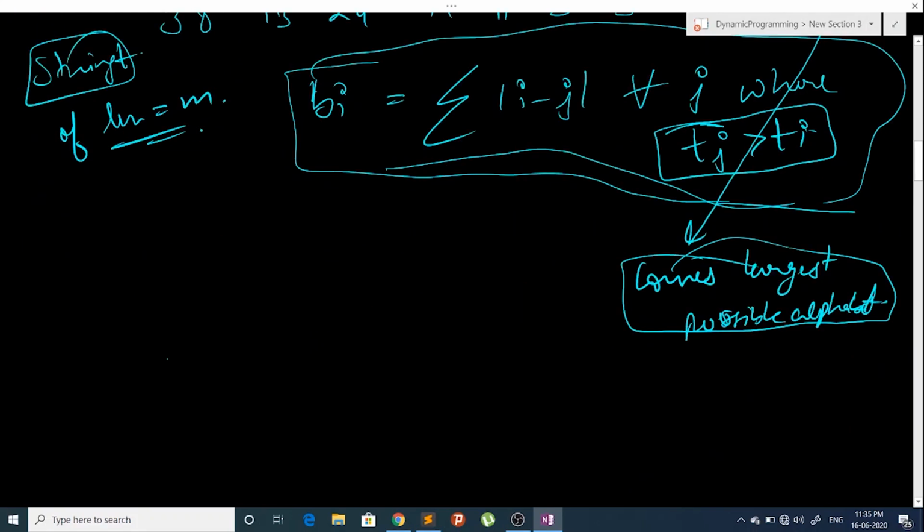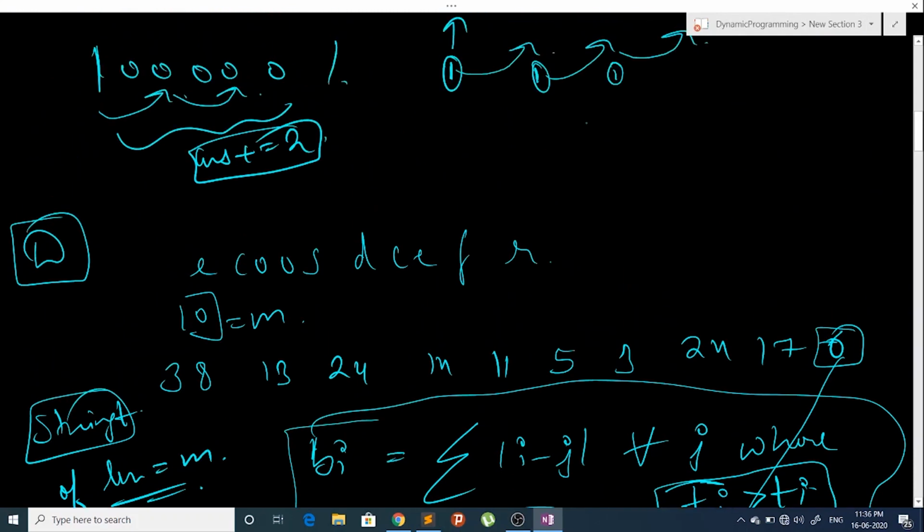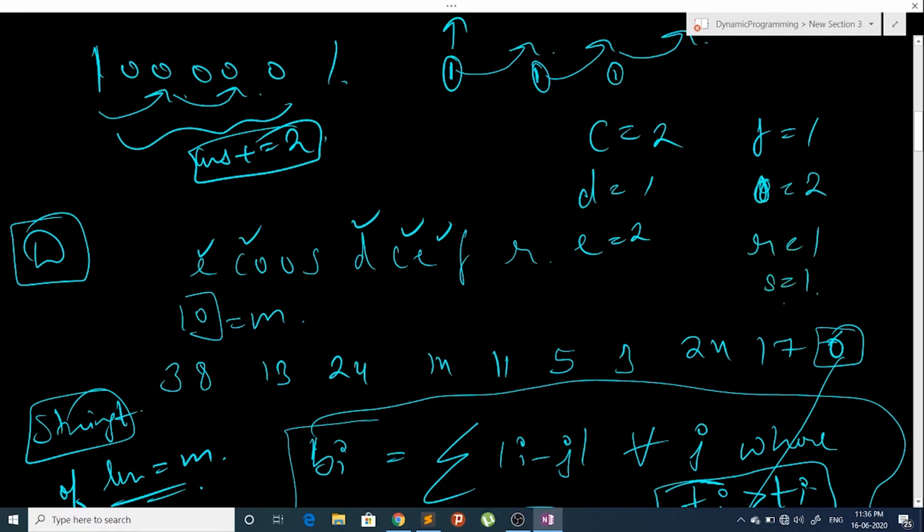So in this example, first of all let's make a frequency array for the letters. So we have C equals 2 times, D equals 1 time, E equals 2 times, F equals 1 time, O equals 2 times, R equals 1 time and S equals 1 time.